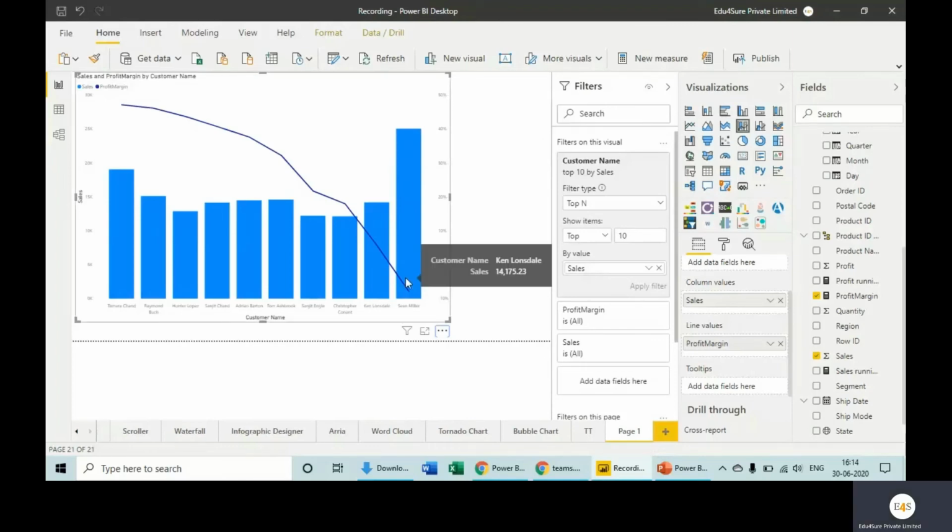And that has been beautifully shown using this particular graph or visual. What we exactly used, we had to do some calculations, like we calculated total sales, total profit, and then profit margin. Then we used this particular visual, which gives us two charts together to plot, and basically we are using both primary and secondary axes.